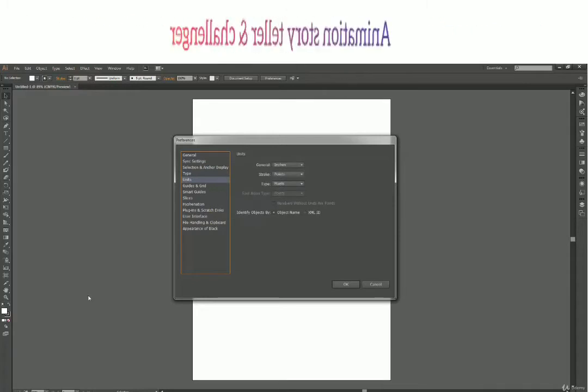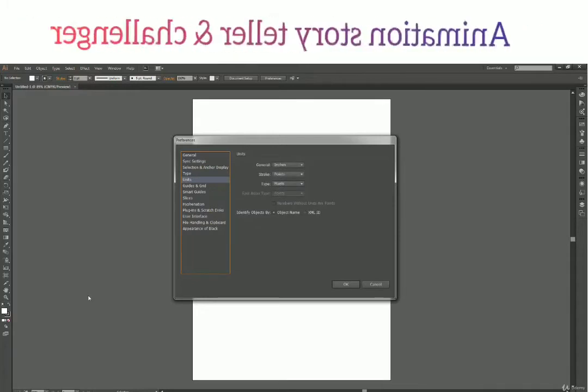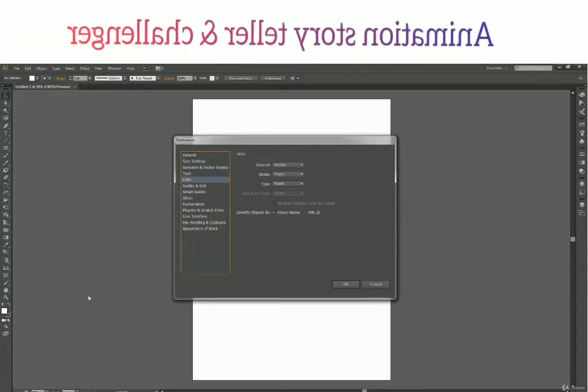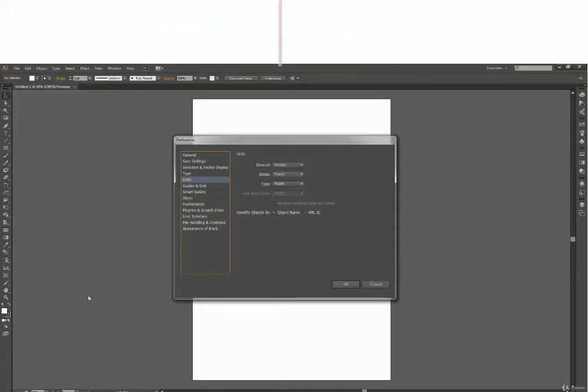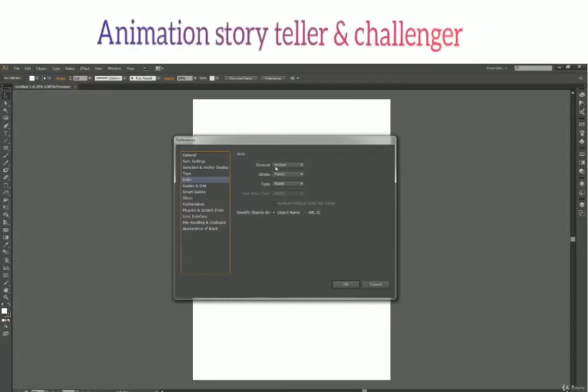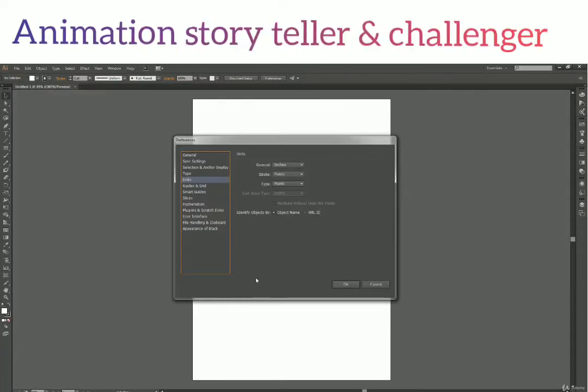Now you might be thinking, what should we cover in this and what are we going to cover? So this is the thing which we are covering, and there will be furthermore, don't worry. So the units now. Units define the type of units your document is supporting or it is dealing in. So let us say general. So general, it is saying right now inches.